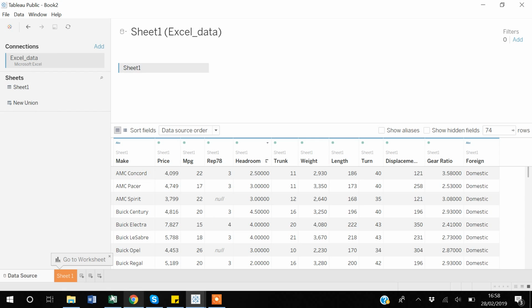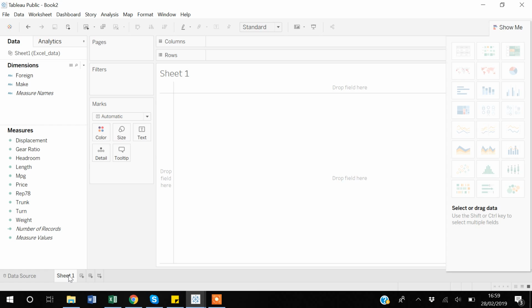If there are multiple sheets in your data, then Tableau will allow you to select which sheet you want. After that, there is a new union, which can allow you to merge data sets, but we will probably discuss this in later videos. After that, there is an option saying go to worksheet. The worksheet allows you to start your analysis over the data that you have just imported. So if I go there, now you can see